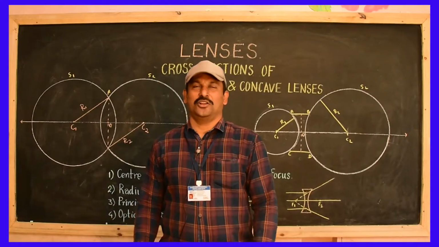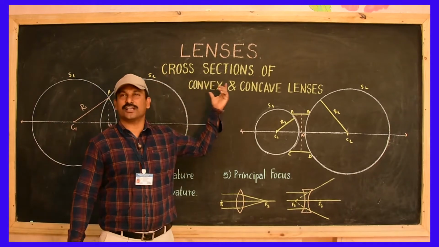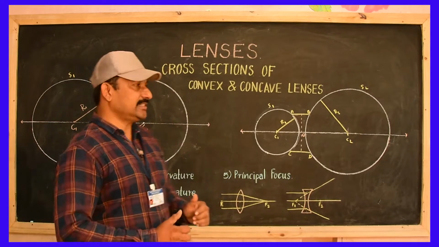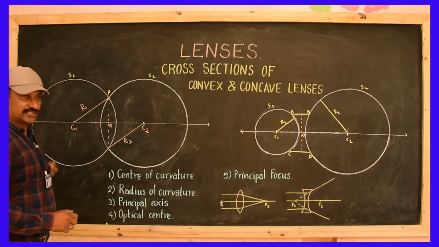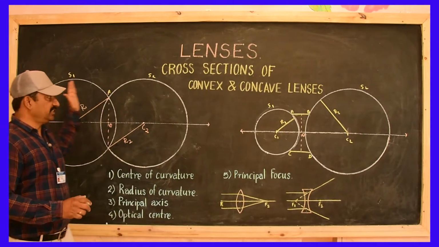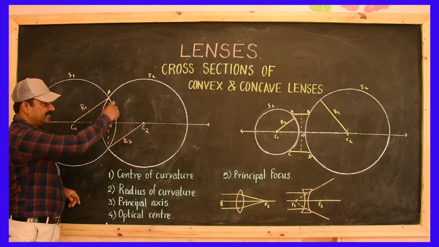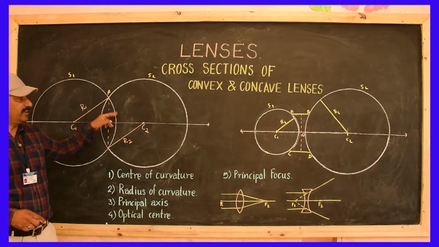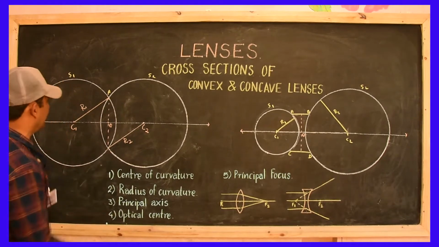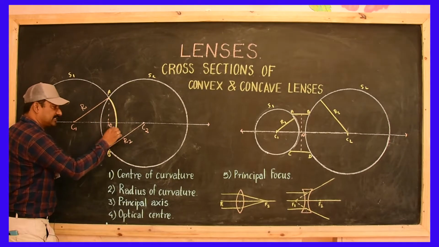So students, now we are going to study the cross sections of convex and concave lens. Now let us assume here two spheres, S1 and S2. Now when you see these two spheres, they intersect here and we get a lens here. This is a lens. Now when we see the lens over here, we can see this part of the lens